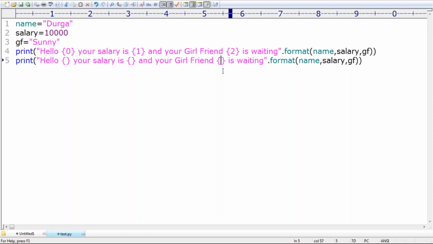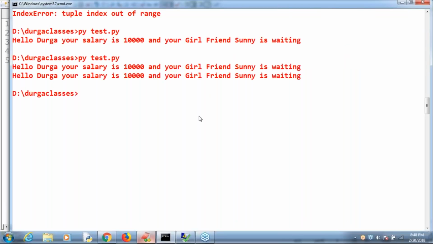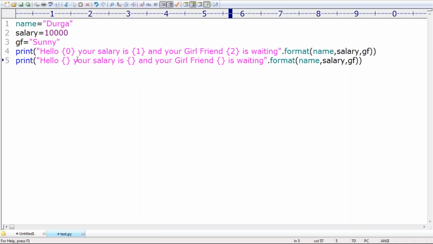Let me cross-check. Yes, perfectly it works, because you are not required to specify indexes. By default, it always considers the first index as 0, 1, 2, something like this, right? Clear? Okay, that's all.